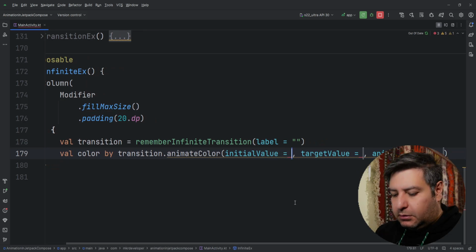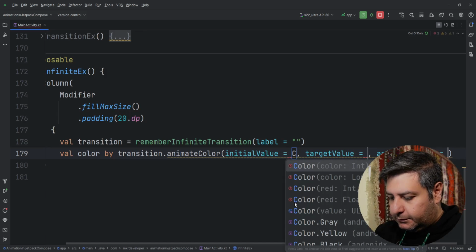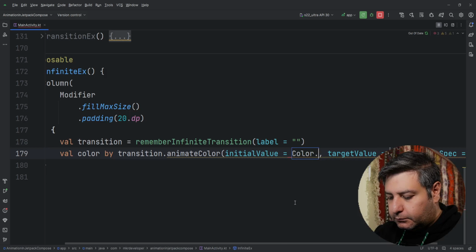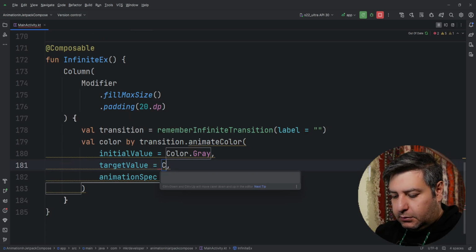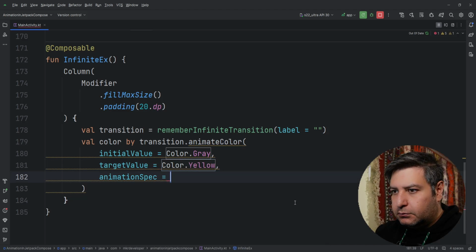So here we need two colors, gray and color dot yellow, and